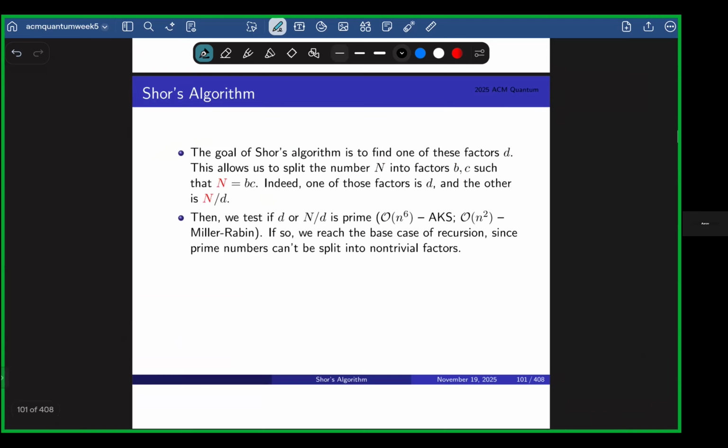And then you can keep testing to see. Testing if a number is prime, there are some classical algorithms to do that that are efficient. By efficient, we just mean this is a